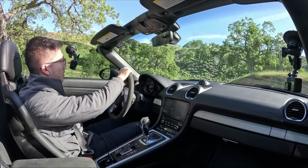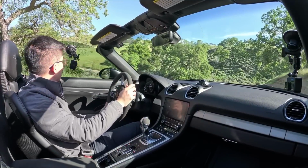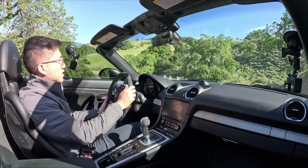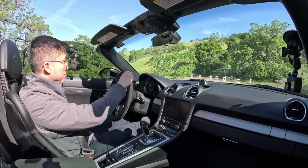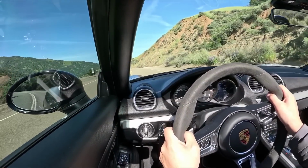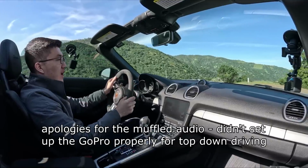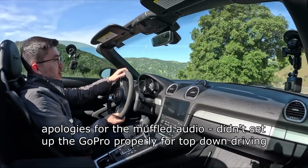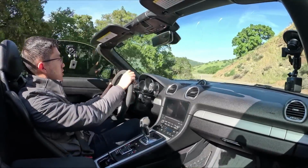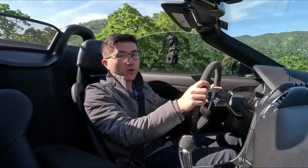All right, Boxster Spyder with an insane exhaust and some suspension upgrades. Let's see how it feels. This car is very stiff. You feel every little bump on the road, but the damping is so impressive. Nothing feels harsh. So I have a very good feeling that this car is gonna feel absolutely incredible when driven